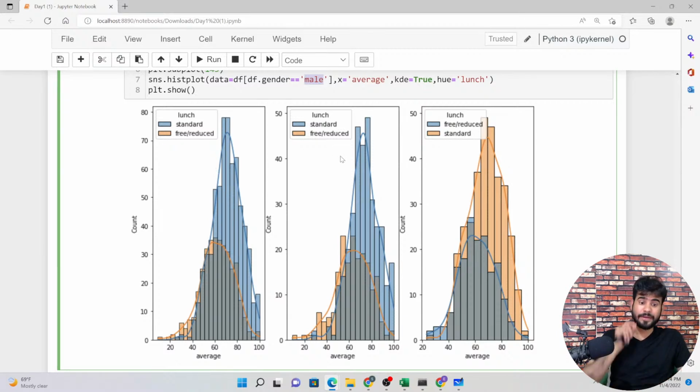Even in the female, as you can see in this column, whenever females are taking the standard lunch, they are getting good marks, and for the free lunch they are getting fewer marks. So standard lunch helps perform well in an exam for both male and female. Got it, everyone?